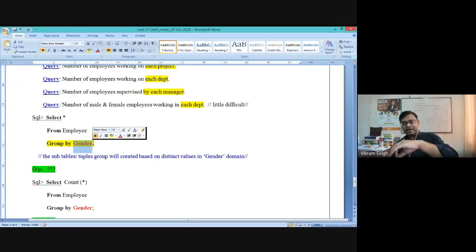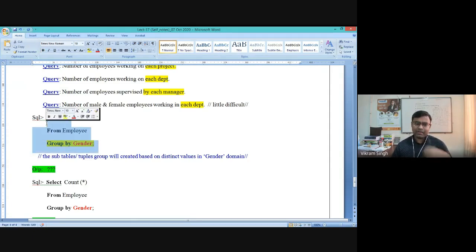Then after that it will generate two subtables, or maybe three subtables, depending on the domain values. For each domain value, each distinct value, it will create separate subtables, right? So the output of this won't be correct, but it is simply applying select star. The output won't be correct because in some lab or class we said that in SQL, whenever you execute a query the output will be only one output table.